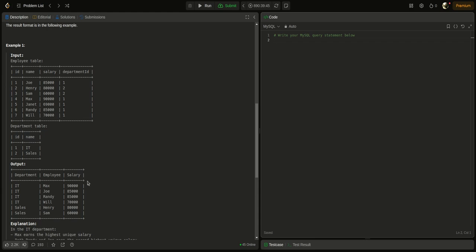In my previous video we solved the question of the highest salary department-wise, right? In each department we solved this problem using a common table expression and a window function. We partition the data department-wise and order the data by salary, where we rank the salary amounts from highest to lowest.